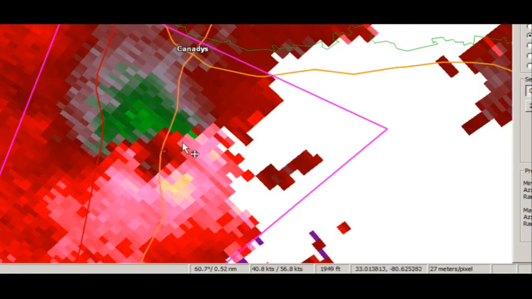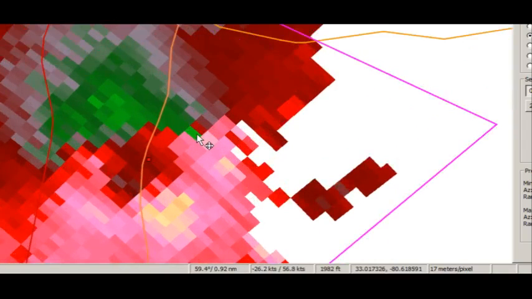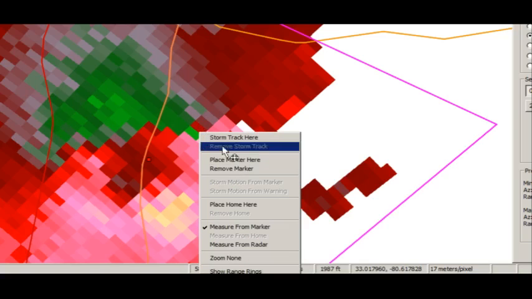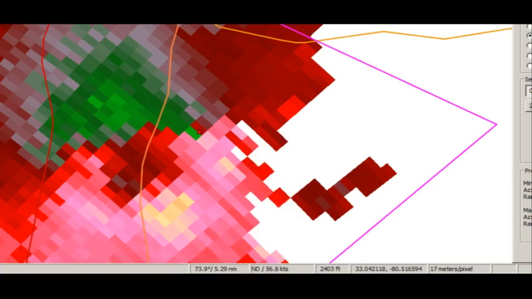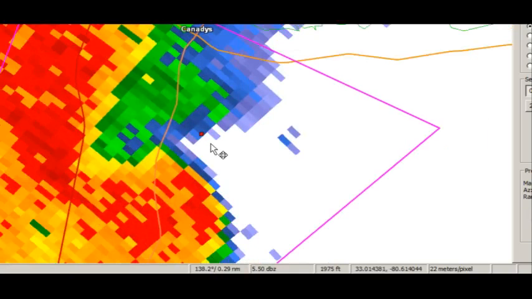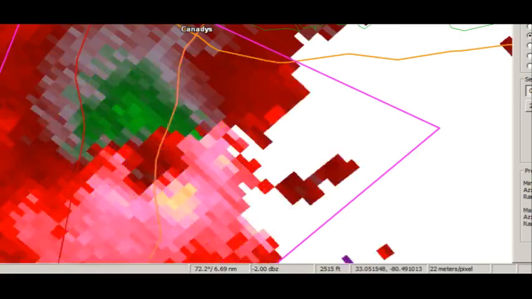And you can see right here, you can see some very strong shear developing right there. Now that is starting to look tornadic. Seeing about 26 in and about 53 out. That's going to be about 70 knots of shear. So that right there, I'm going to set a dot right there. Switch over to reflectivity. So probably what we have going on there